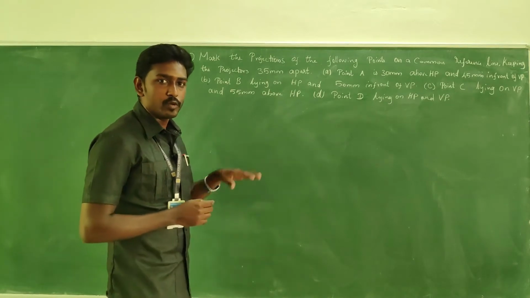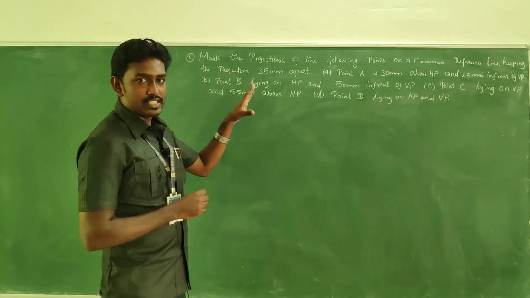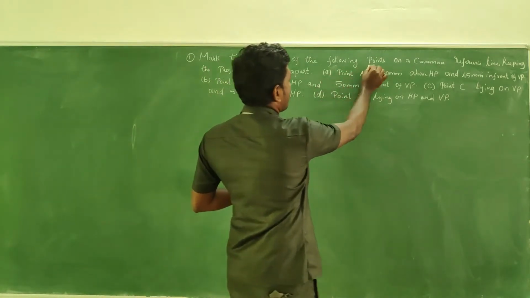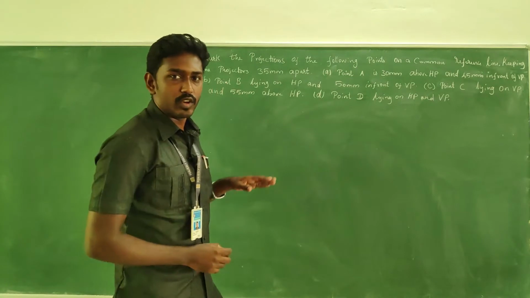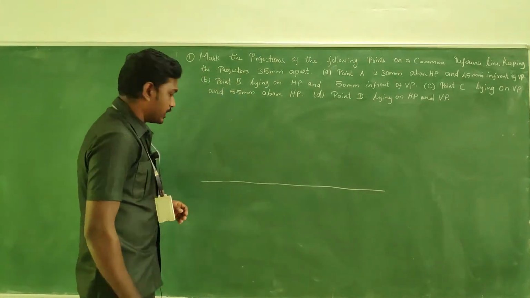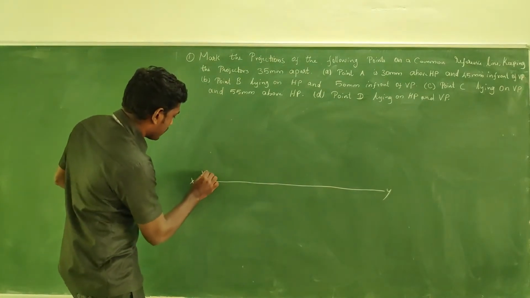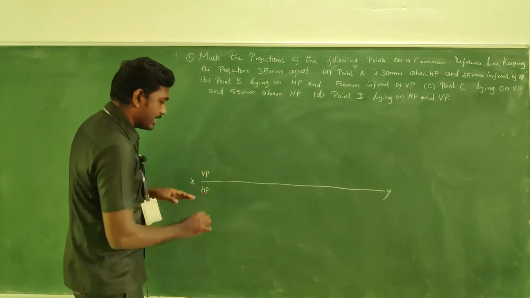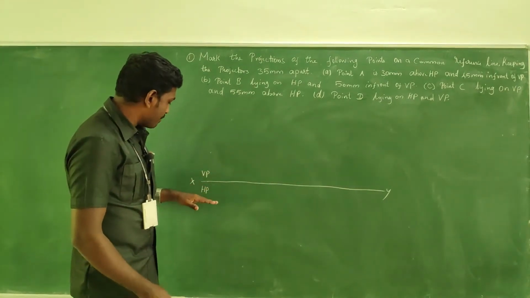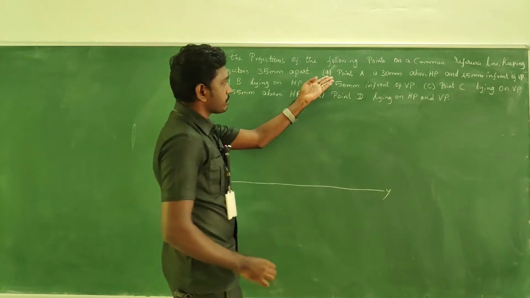So for this we are going to have the front view and the top view, right? As far as this question is concerned, we have 4 cases. And it is mentioned in the question, take the points' projections on the common reference line. So take the horizontal line first of all, common to all the conditions. So this is our reference line XY. Above the reference line is VP and below it is the horizontal plane. As far as first angle projection is concerned, above the reference line is always VP and below the reference line is HP. So let me concentrate on the first condition.